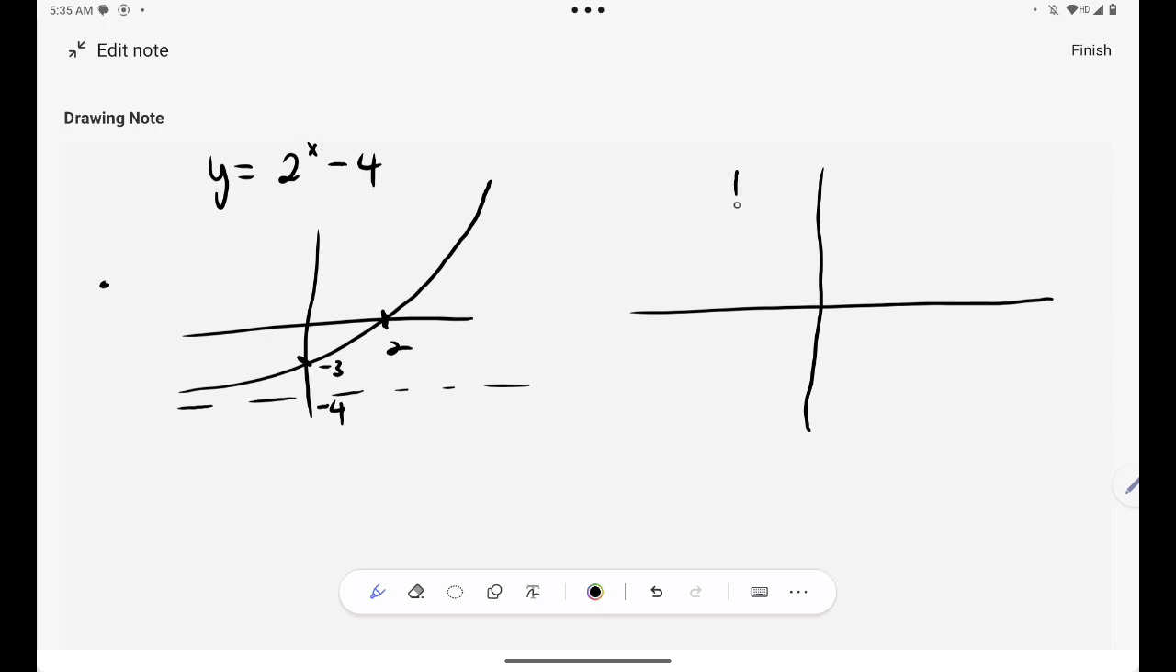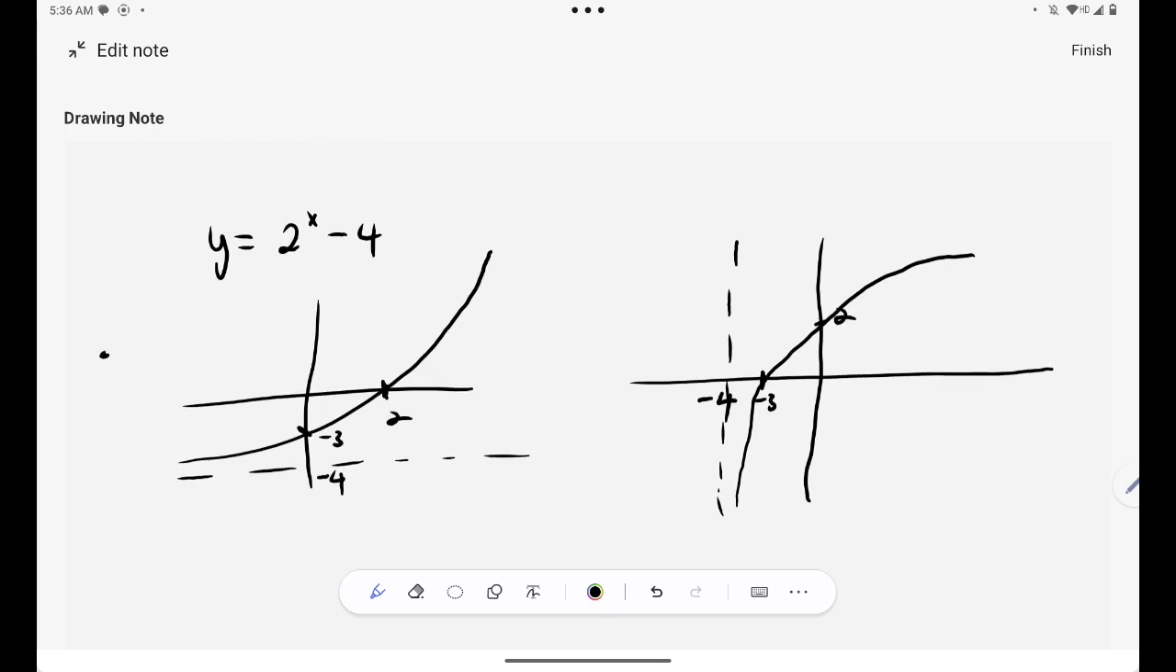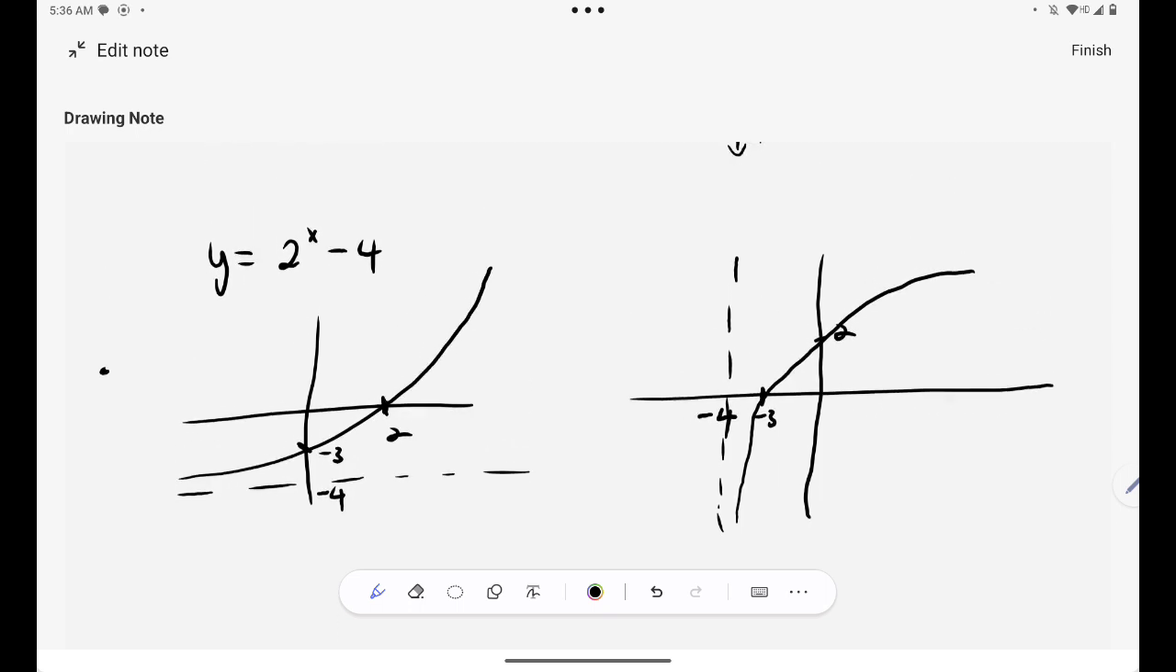It will have the vertical asymptote at x is equal to negative 4, and it will have the x-intercept at negative 3 and the y-intercept at 2. My graph will look like this. Before I even find the equation, by just looking at the original graph, I can simply draw the inverse function. Are we together? But let's say, because I know they like to ask this one a lot,